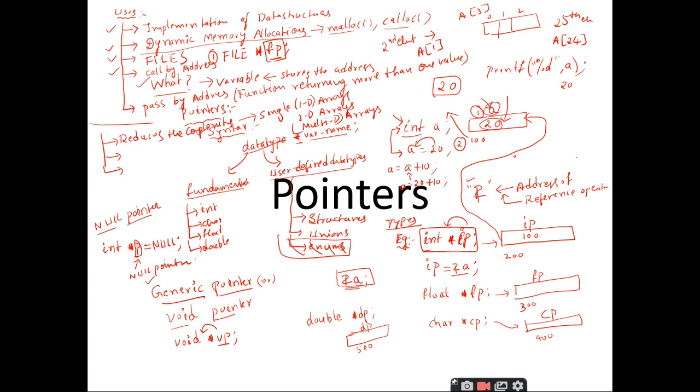But when the dimension of the arrays keeps on increasing, up to 2D arrays also, you might have done programs related to matrices. What are the dimensions of a matrix? N by n, right?